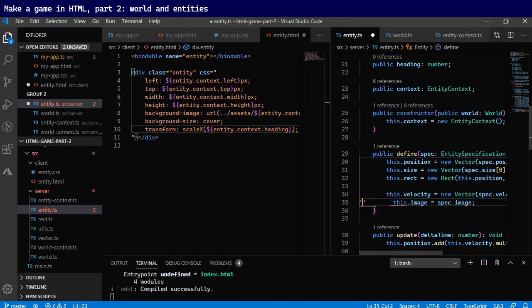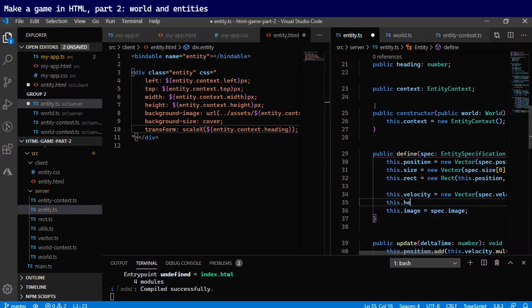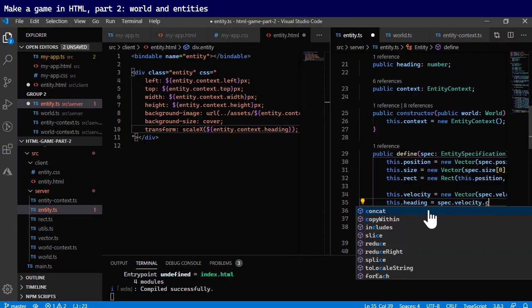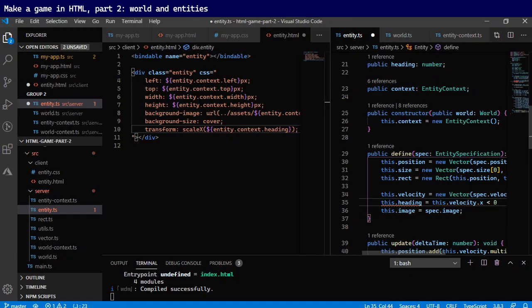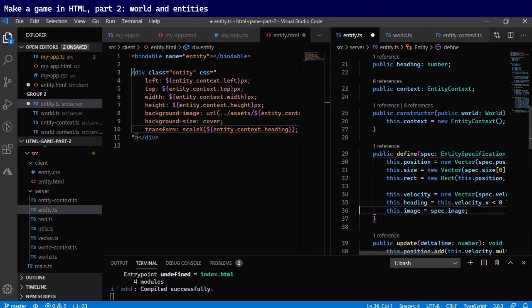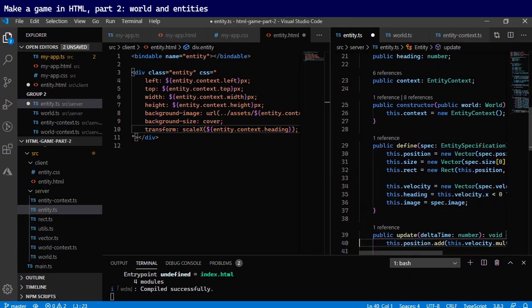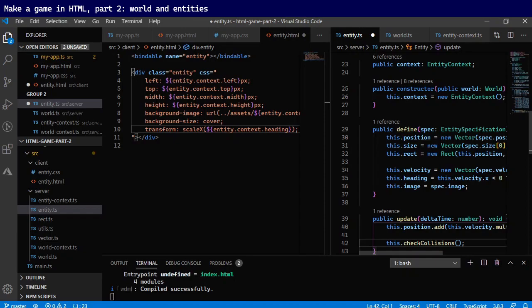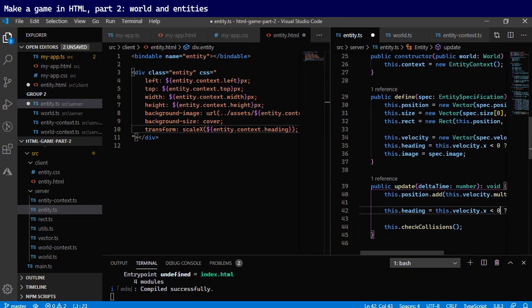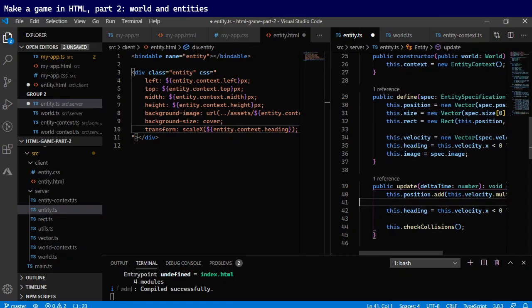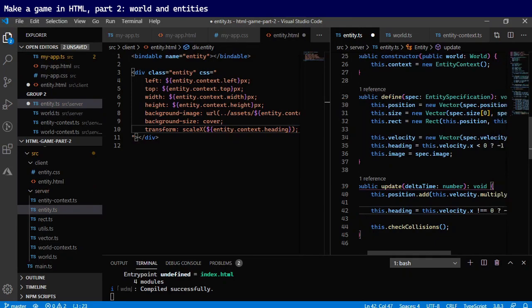So for this heading, the idea is to do: if spec velocity x, well, let's do this velocity x is less than 0, then set it to -1, otherwise set it to 1. And the same goes for update here. If this velocity x is -1, actually in this case, let's do this velocity x equals 1, then